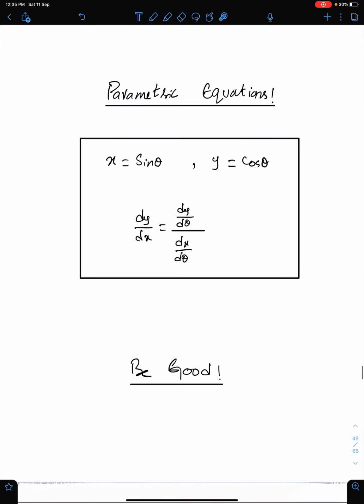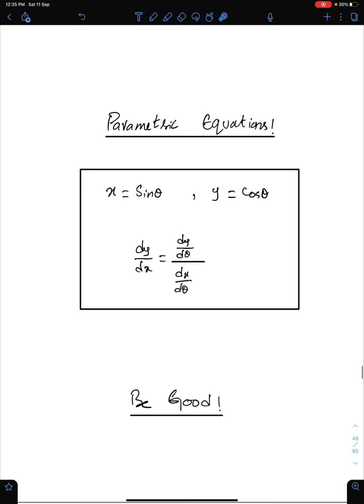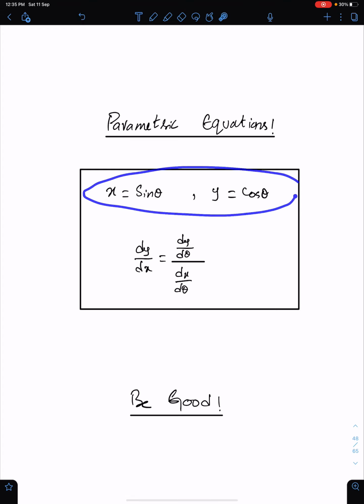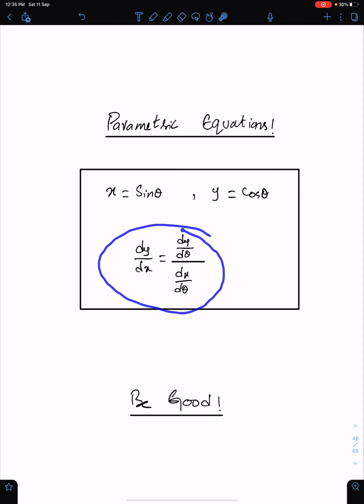Well, the next topic is parametric equations. Parametric equation means two equations connecting x and y, and they both depend on a third variable, either theta or t. So this is an example of a parametric equation, and this is the formula of the gradient of parametric equations. An important